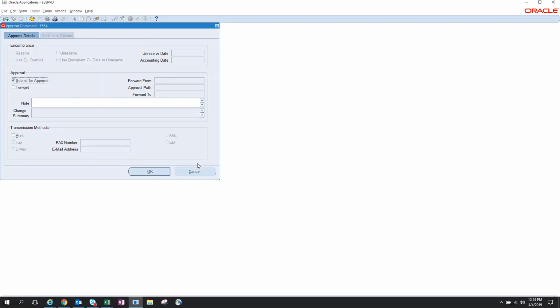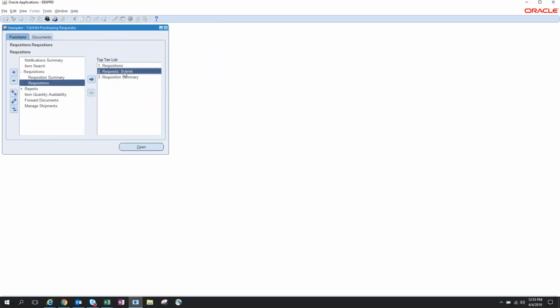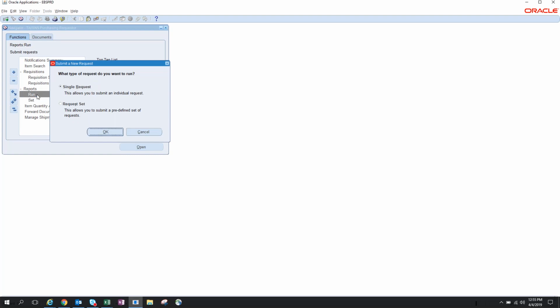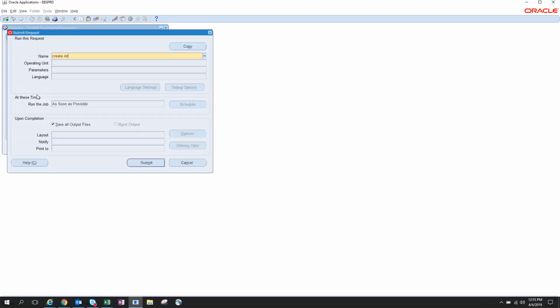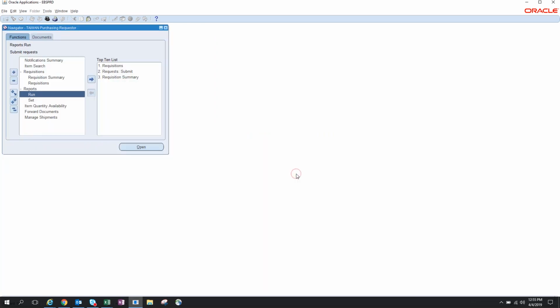Then you approve. Okay. Then you leave this screen. Then you need to go to Request Submit, which if you don't already have that in your top 10 list, that's in Reports and Run. Then you'll do Create Internal Orders is the name of this request. You don't have to fill out any special parameters, just do Submit. Okay, no other requests. Then from here,